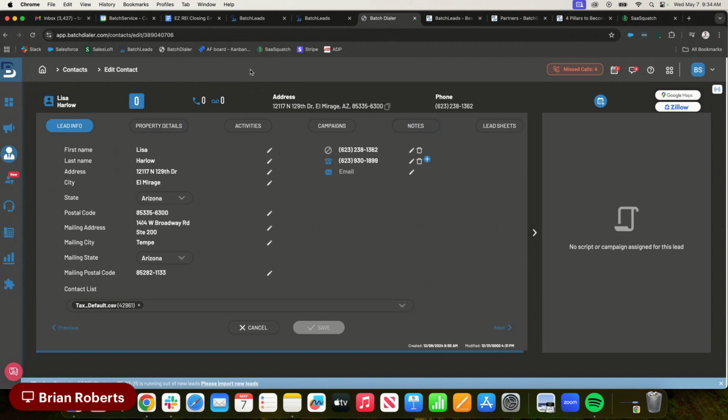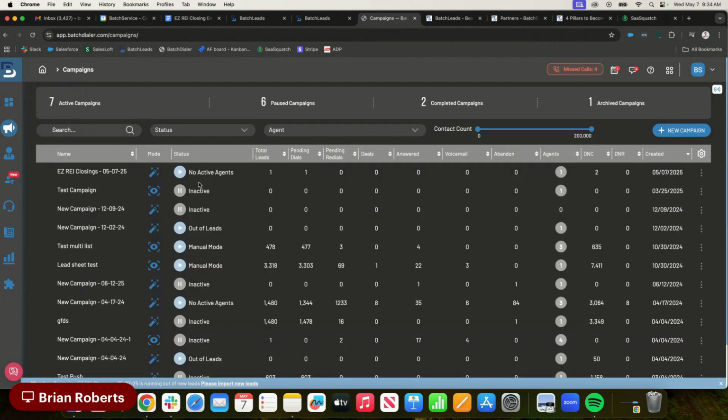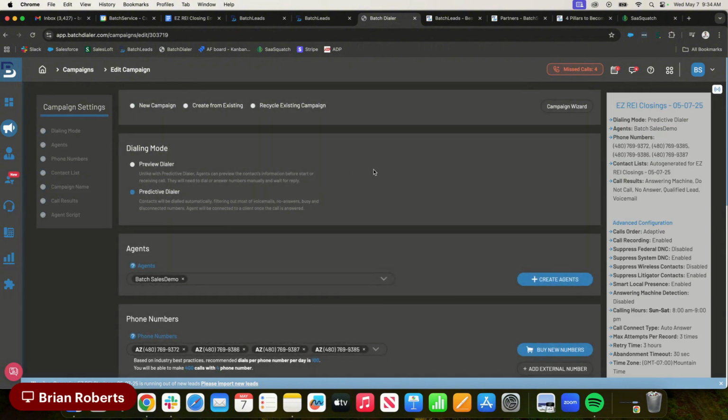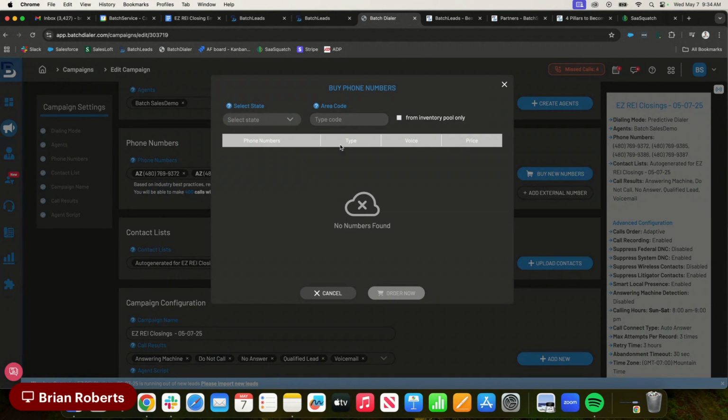kicked over. And over there on the right, you can have your script pop up. Is that what that is? Yeah. So in our campaign setup, one of the things you guys would be able to add in here, I created one this morning for easy REI closings just to show through as this example. You're able to add the agents, super simple. You can pick phone numbers through us across the country. So you can specifically target states with an area code and have that area code show up as your